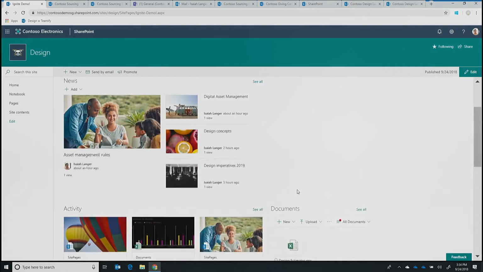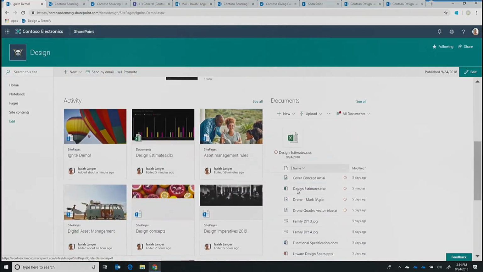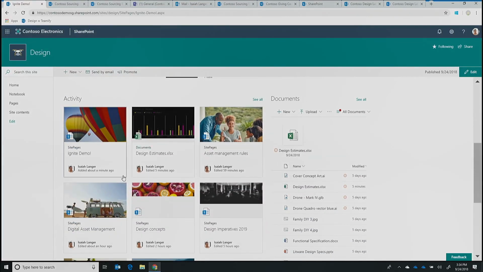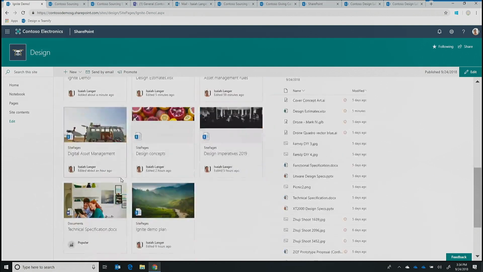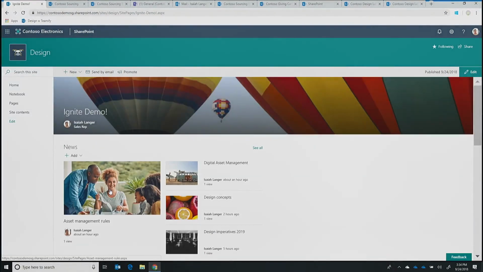But I'll come back to this page right here, and you scroll down, and the site activity web part is actually live. It shows you real activity that's taking place on the site under the covers. So whether it's file activity, page activity, or list activity, all shows up here. So a great way to bring a modern set of experiences from a page perspective to your SharePoint site as